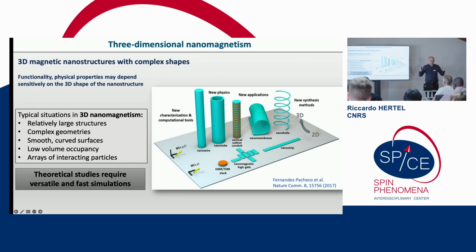is an issue if you have a micromagnetic tool that requires a computational volume area that is cubic, basically, where you put your sample into that, and then if 99-something% of that volume is essentially air, you're wasting a lot of computation time and resources because you're only interested usually in the magnetic part of that volume. So if you're dealing with arrays of interacting particles, sometimes separate particles, that's also something that can be problematic. So theoretical studies on this topic require versatile and fast simulations, and we believe we are in